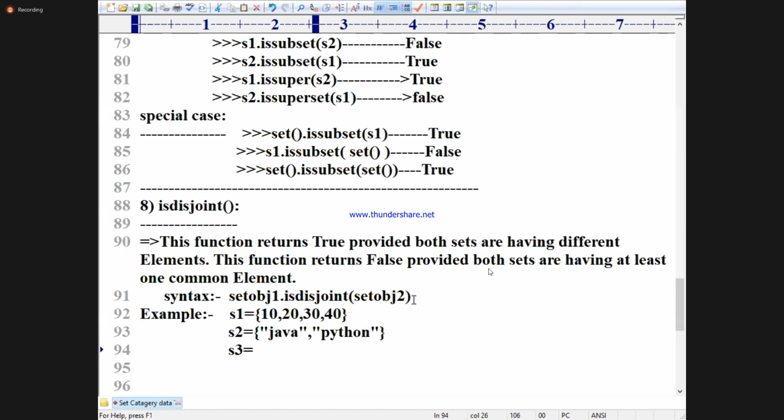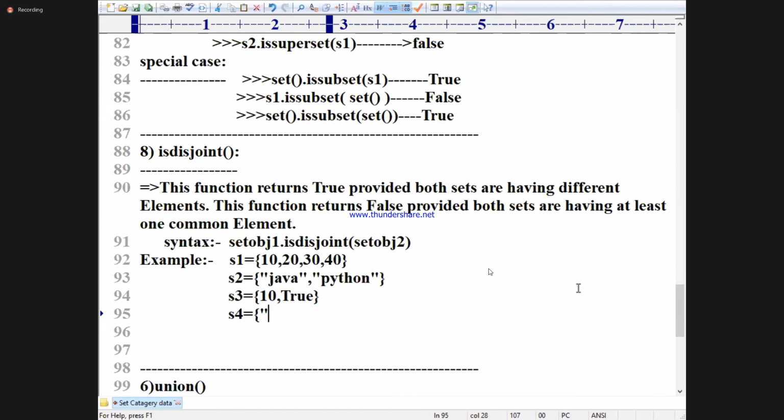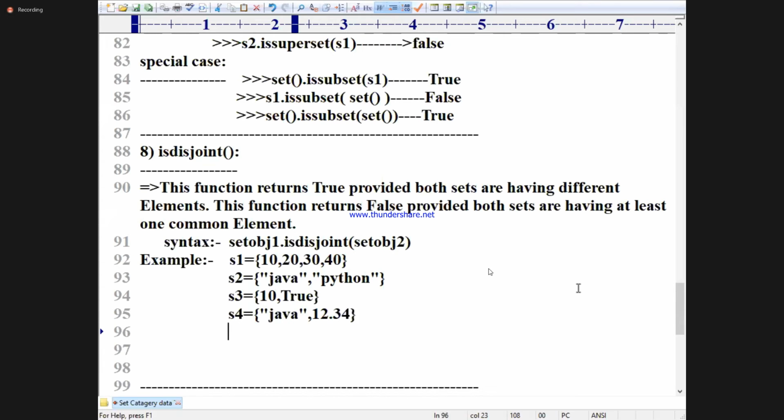S3 is equal to 10. S4 is equal to Java and 12.34. Now I'll prepare the statements.